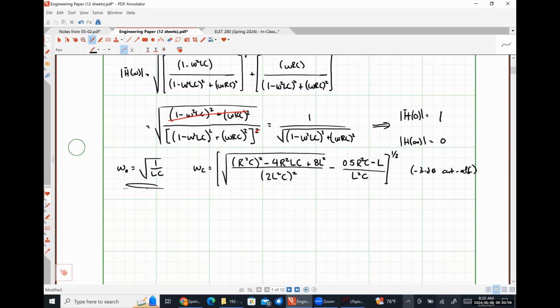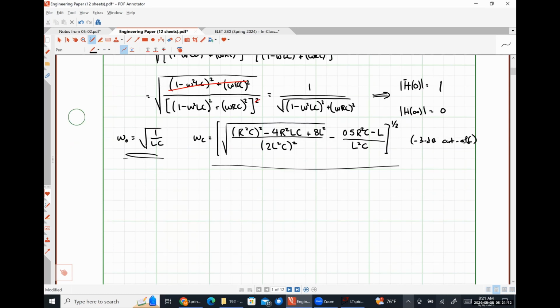And then it's not going to fall down 3 decibels from that maximum value until we hit this frequency. And because where that peak value falls depends so much on the different configurations of components is why we get such a gross looking expression for our cutoff frequency. So it will be somewhere near the resonant frequency, but typically a little bit later. So a little bit higher frequency than our resonant frequency, because what we may see